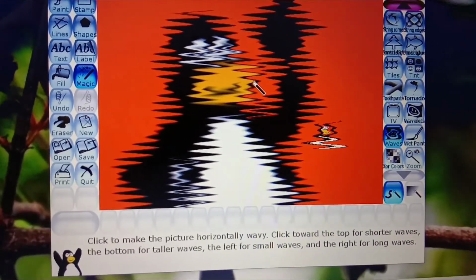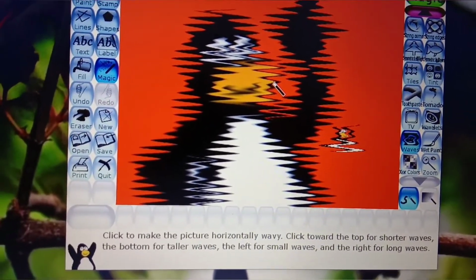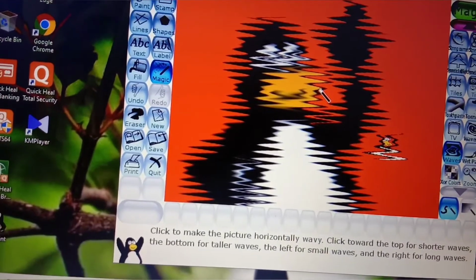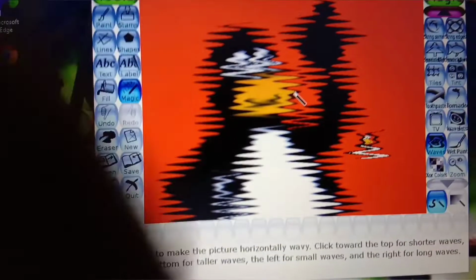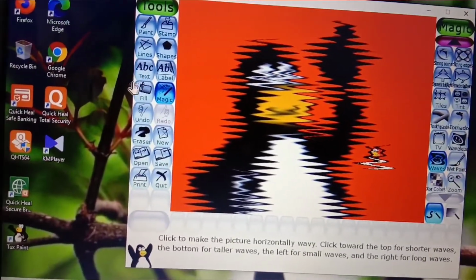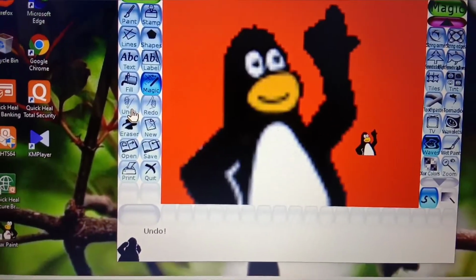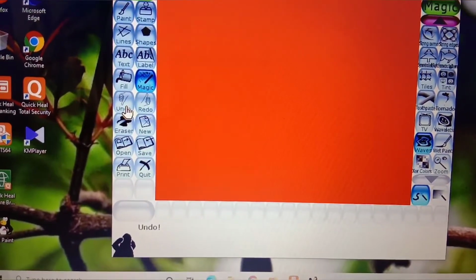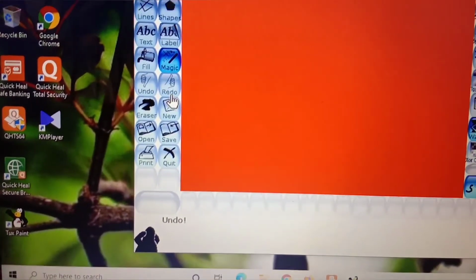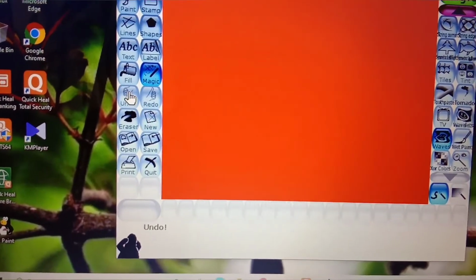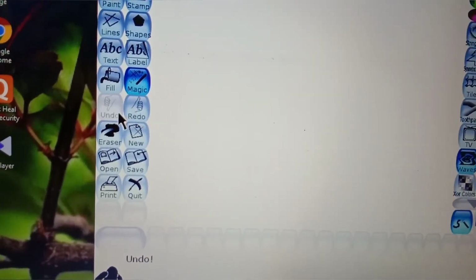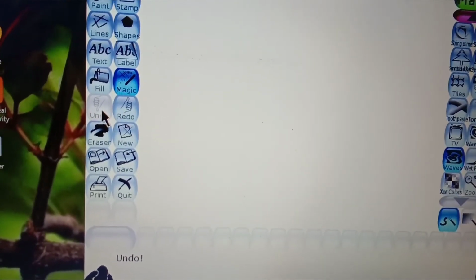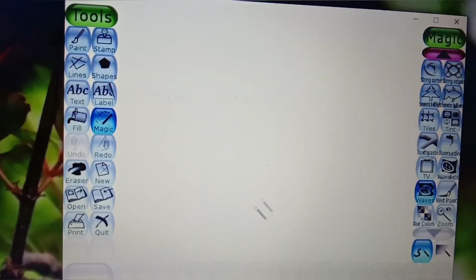So let's learn about the undo option. The undo tool is used to reverse the last action. We can undo multiple actions in reverse order by pressing the undo button multiple times. So in your TuxPaint you can see the undo. When I click on it, look, it is not going to happen. Why? Because this is the first page I started here. You can see the color difference. This is the first page. So it is not going to work because we have come to the start page.